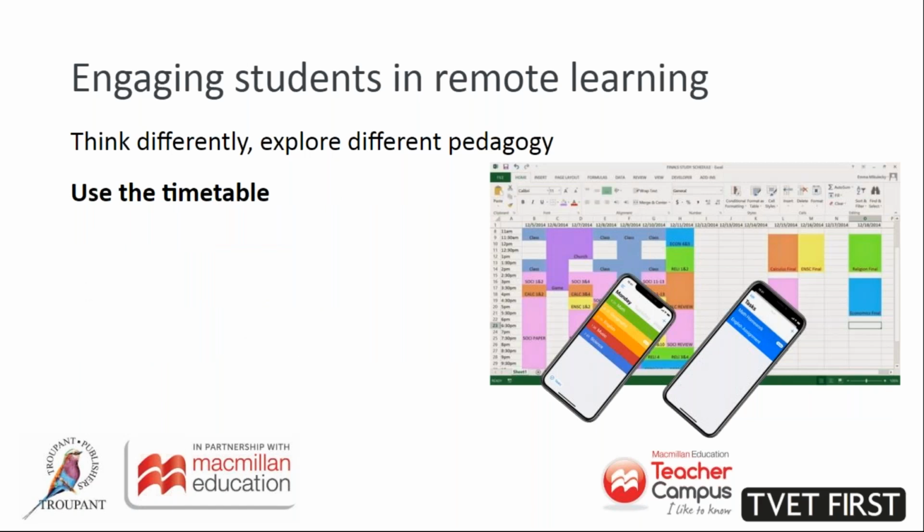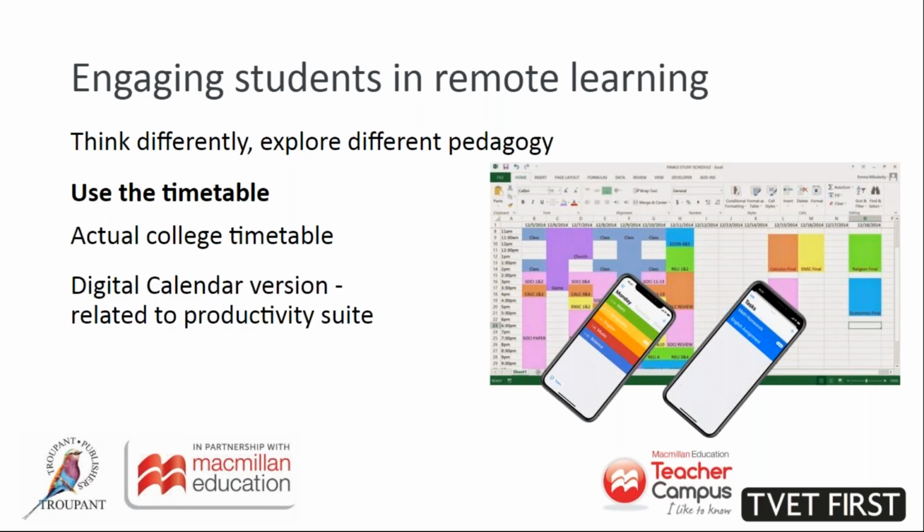Another one that you can look at is using your timetable. All colleges have an existing timetable. My suggestion here is that you don't actually change the timetable, that you use the same timetable that you always have done, because if you're setting up a video call or something, the students aren't going to say, "Sir, ma'am, your call is clashing with another lecturer's." If you're using the timetable, those kinds of problems would be sorted, and actually it'll make life easier for everybody.